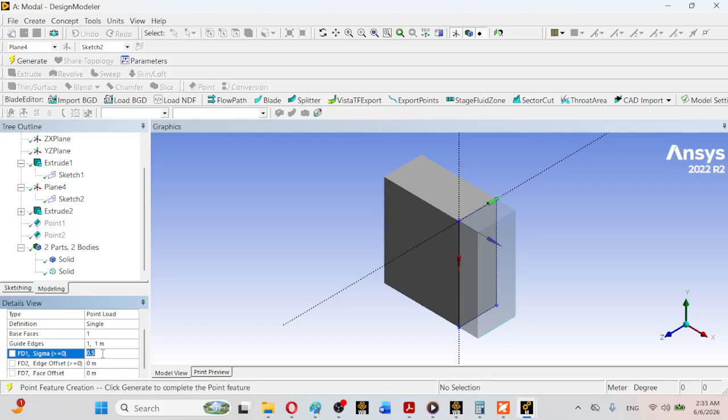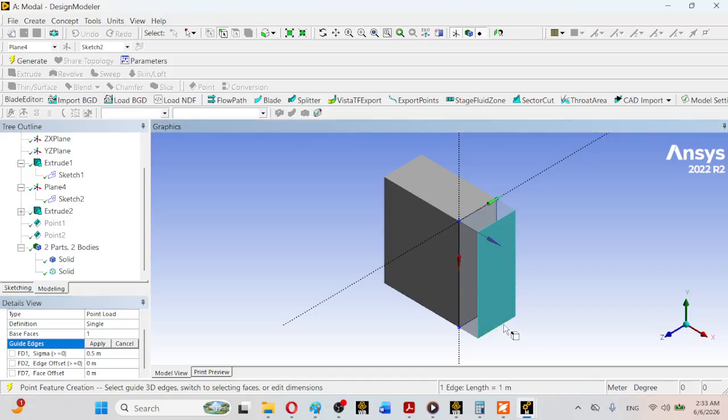You will be selecting the guide edge. After the guide edge you will select this edge, bringing the cursor here and selecting this edge like this, and clicking on apply. After that you will input in the FD1 sigma greater than 0 here 0.5, not here,